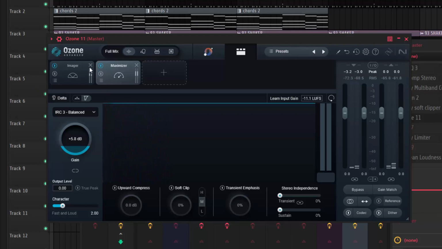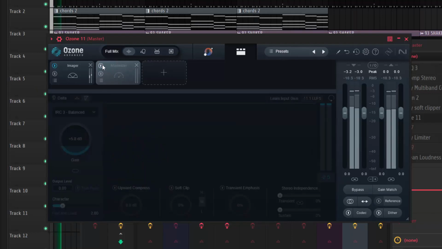So without the maximizer, it sounds this way, and with the maximizer,